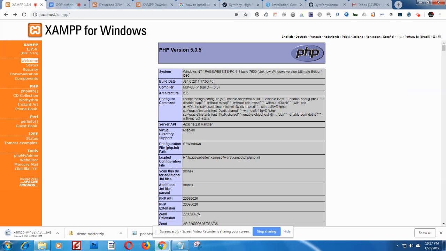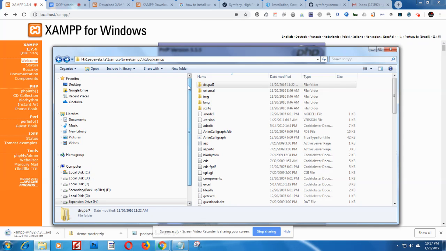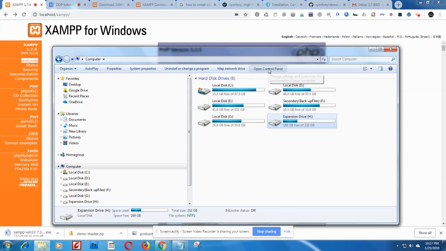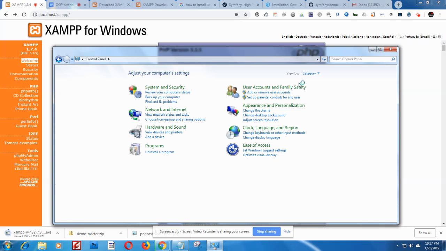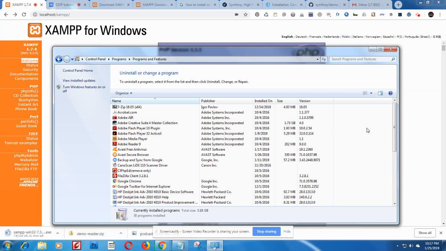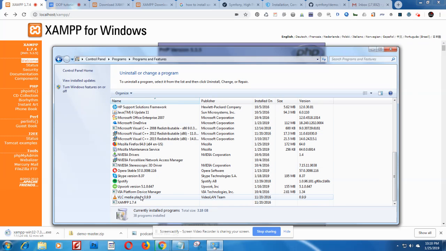So you're gonna move to your control panel there. So go to your computer and then open control panel, programs there. These are all the programs. So I'm gonna uninstall this one, xampp,